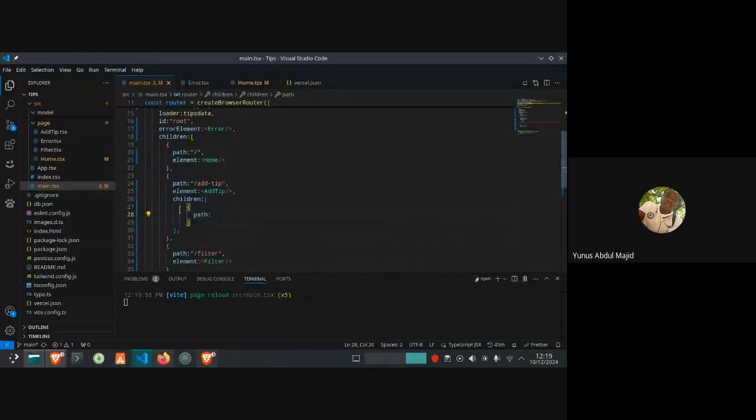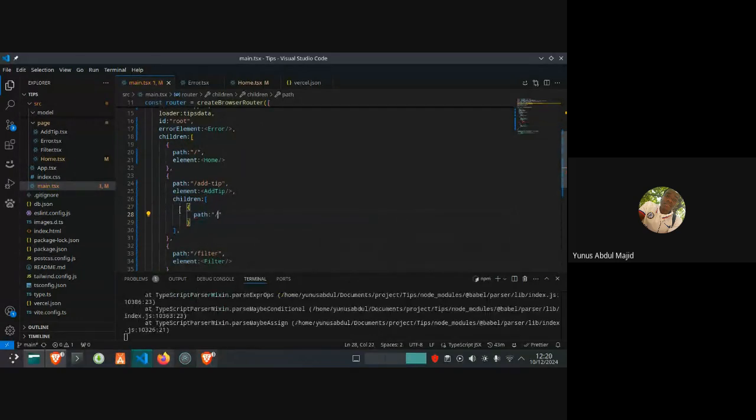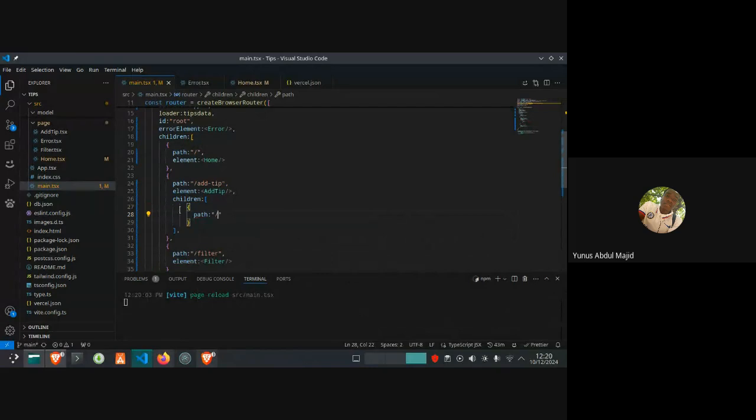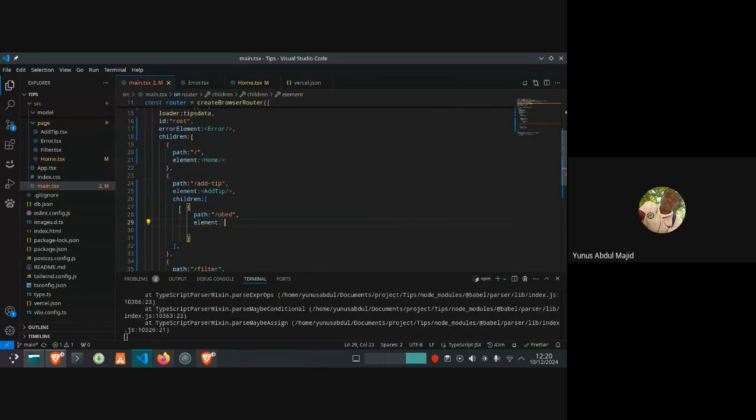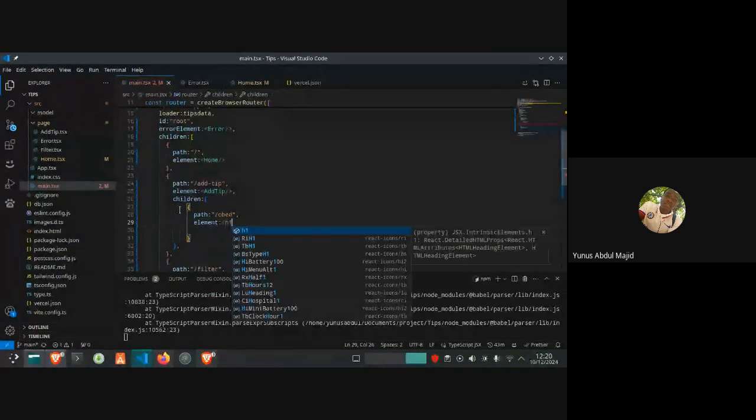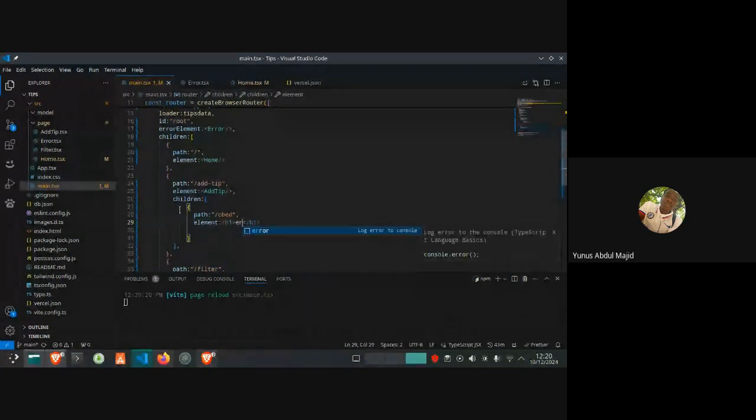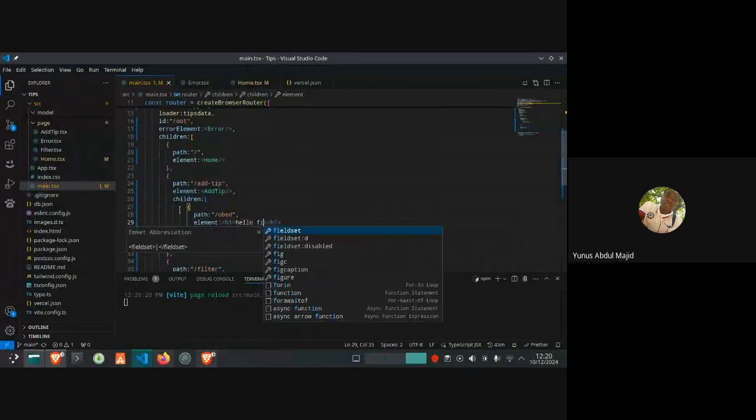Path will be, let's name it slash open, and the element will be page one.